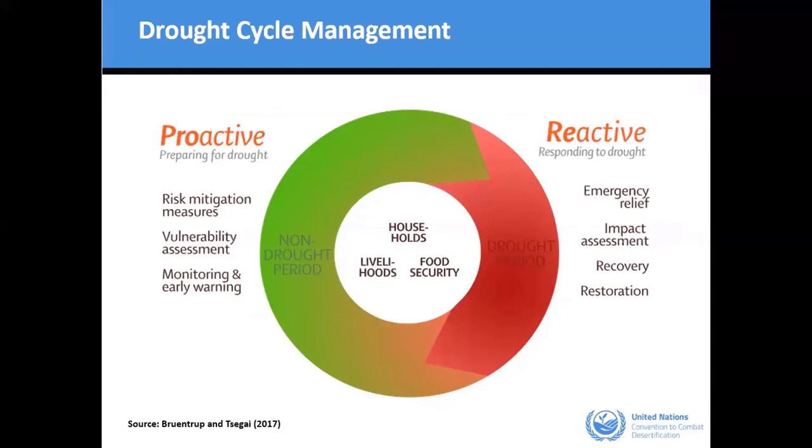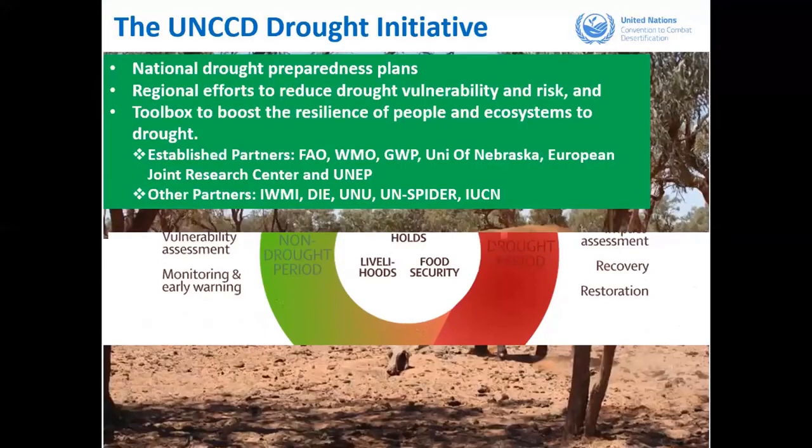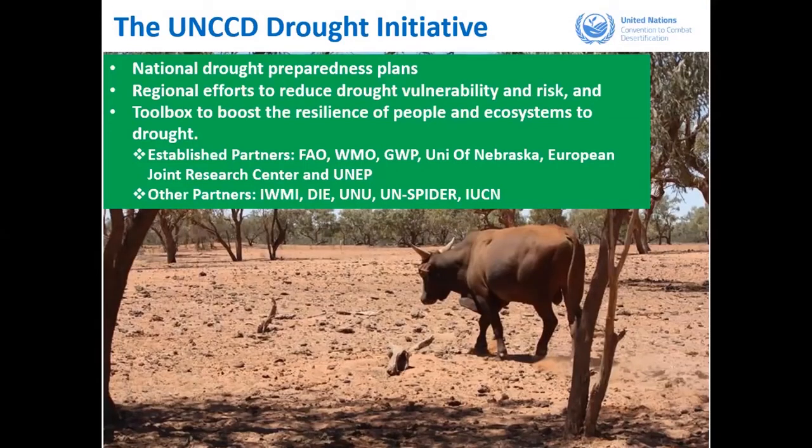As you could see, these are the three aspects that we are working on: early warning and monitoring, making sure that the information is disseminated to users, and making sure that countries have a drought risk profile. They map who is going to be affected and why, and what their options are, case specific. What kind of resources do I have and how can I mobilize them? So in the UNCCD Drought Initiative, we are supporting countries on national drought preparedness plans. For example, many countries claim to have a national drought plan, but they just have a plan on how to respond. But we are trying to make sure that countries have a plan